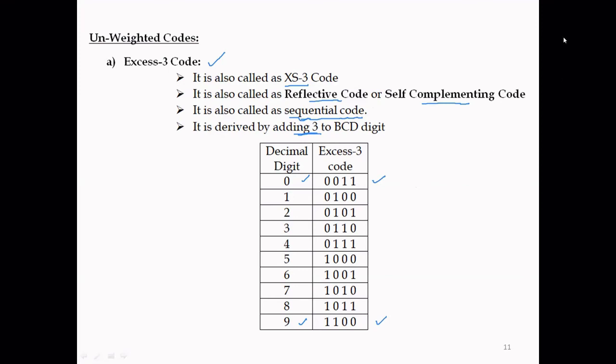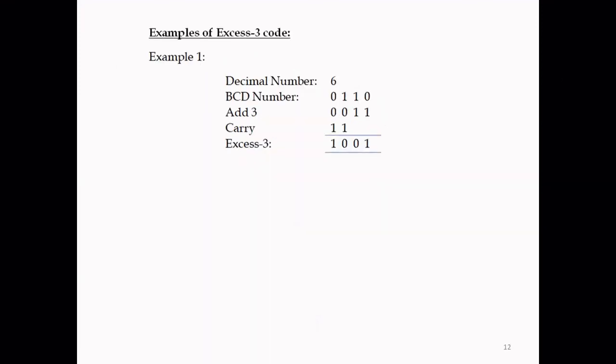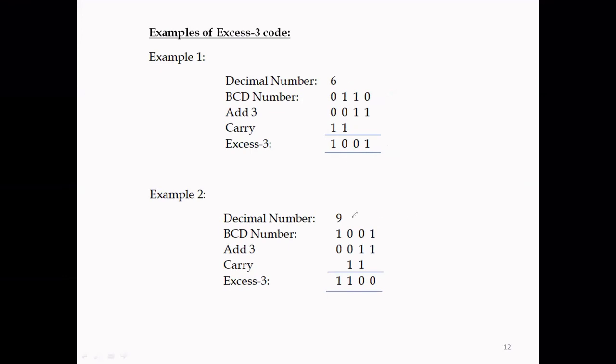Okay, let us see some examples here. Decimal number 6 I have taken. What is the BCD number? 0110. Just add 3. We'll get 0 plus 1, 1 plus 1, a carry here, 0, 1 plus 1, a carry here, and 0. This is 1. So 9 you will get. That means 6 plus 3, it's 9. The XS3 code, 9 taken plus 3, add it. So C is the XS3 code for 9.